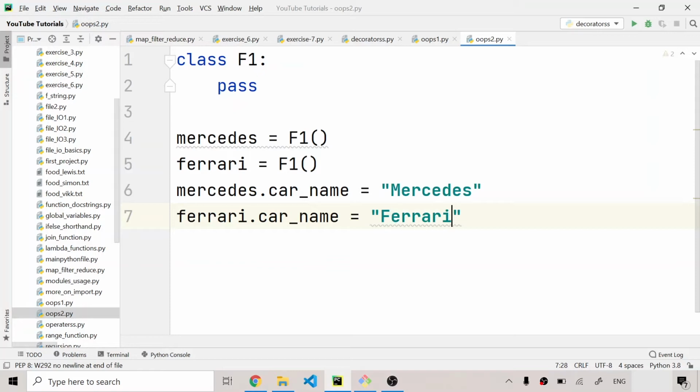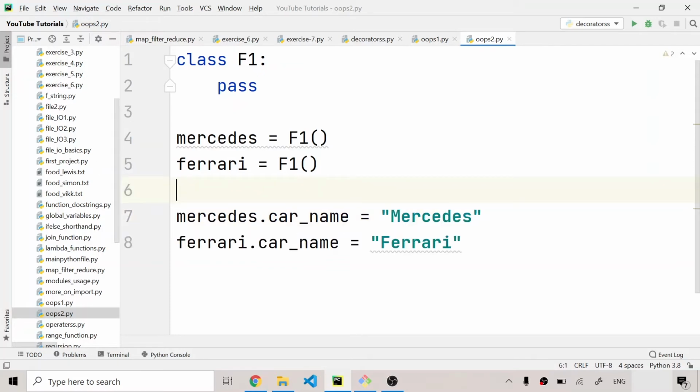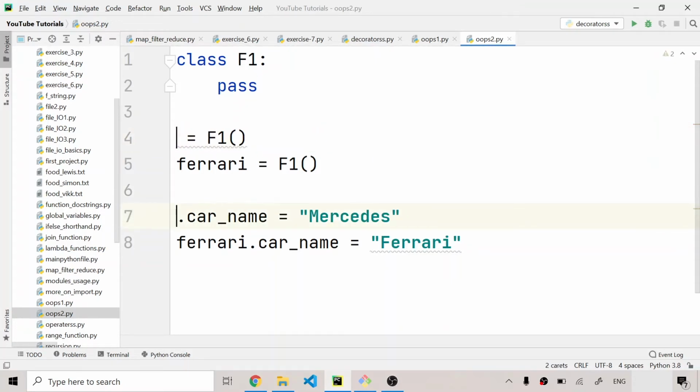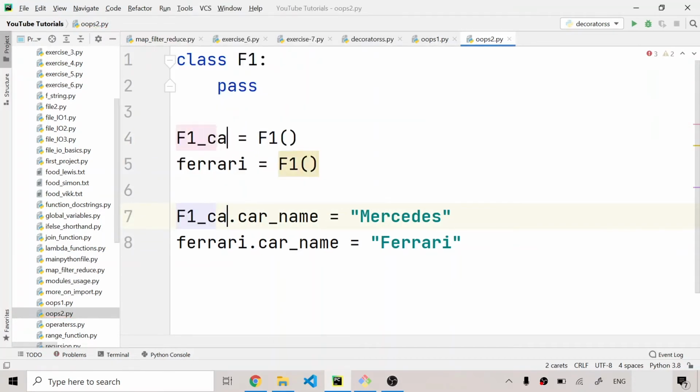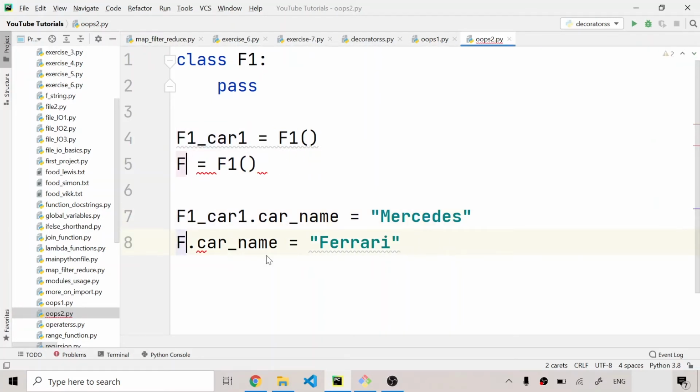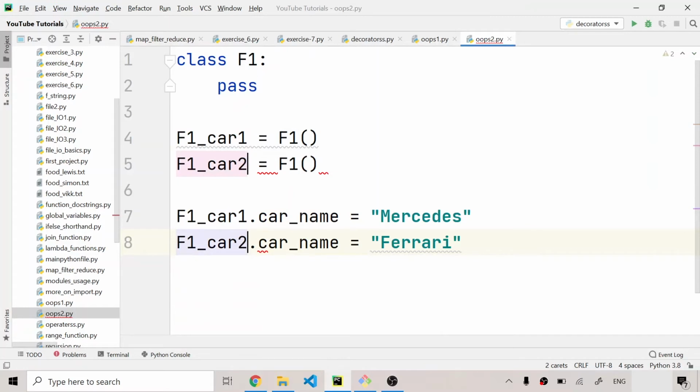So guys, I'll change the names of the objects because they are too similar and some people might not understand. So I'm going to write Mercedes as F1 car 1. I'll not write F1 1. And similarly for Ferrari, I'll write F1 car 2. And after this, as you can see, I've made two objects, F1 car 1 and F1 car 2, and I've